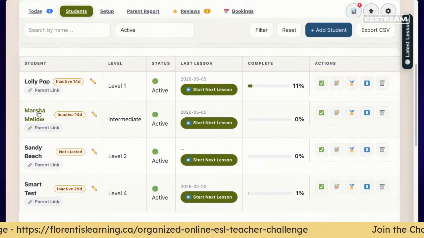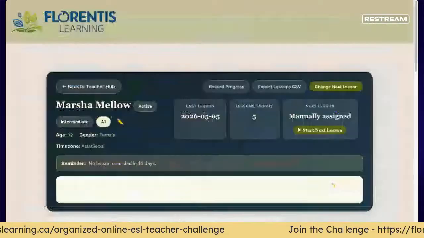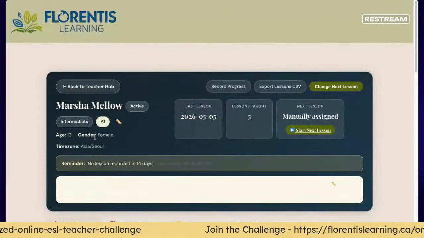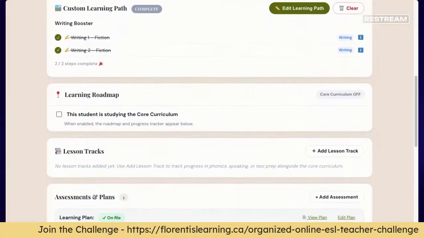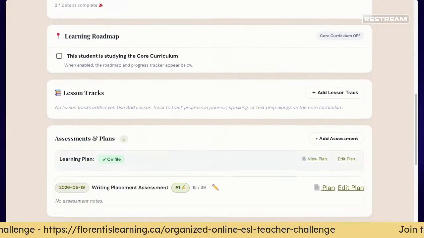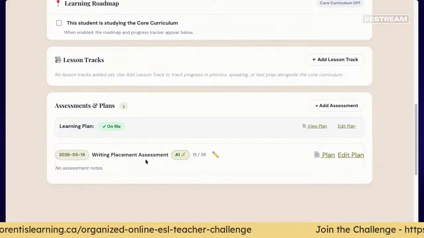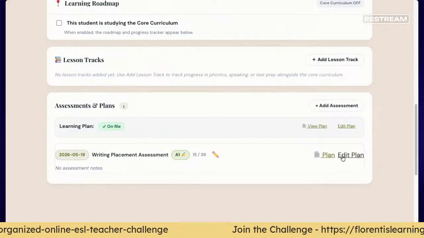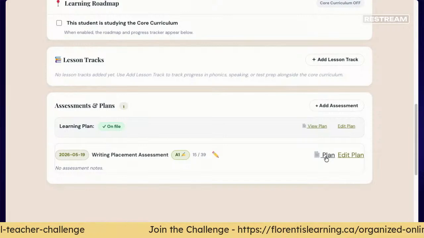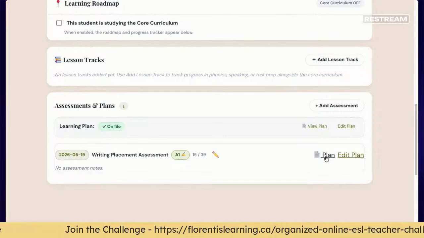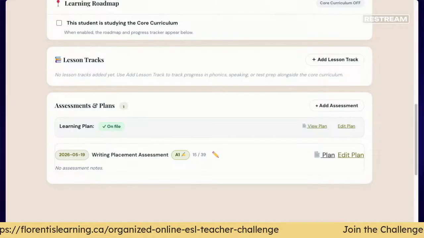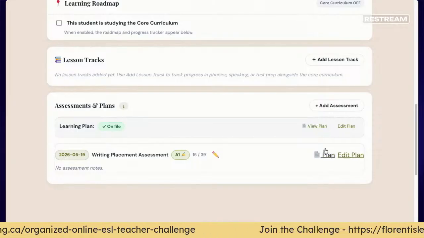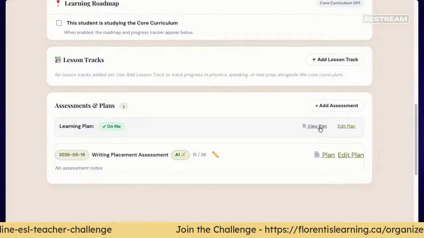So if we go to the student profile, we click on their names, it takes you to the profile, and you come down here, you will notice that under plan and progress, here's your writing assessment, and you've got your plan and your edit plan. Now, obviously, I made a mistake. I put my wrong fake student in, but if it was a real student, you'd want to make sure you put the right name, and in this case, you could edit it. But if I actually go to this button, View Plan,